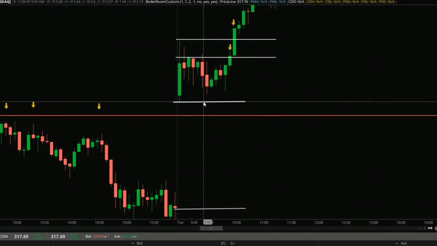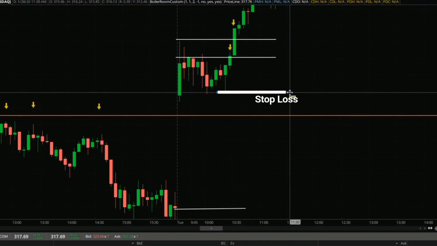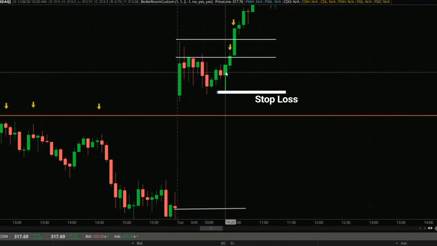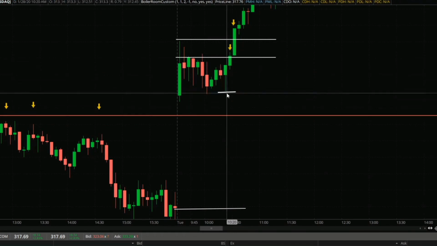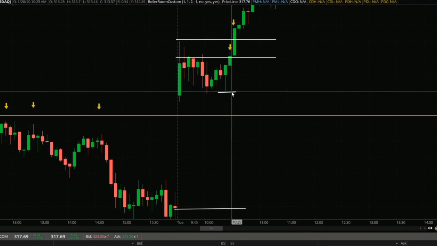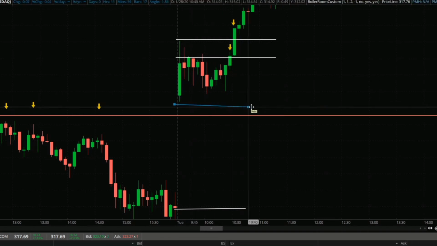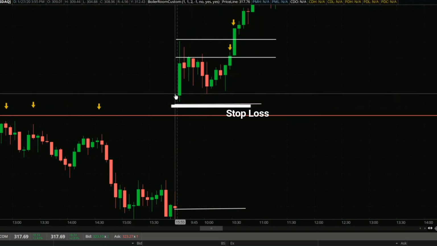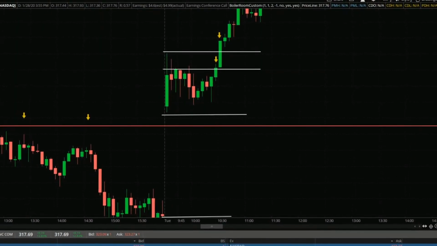Stops. Aggressive stop goes below the low of this hammer candle. It's not quite a hammer, but the tail is showing us rejection. So an aggressive stop will go here. A conservative stop will go below the low of the day, which is here. So if I was to trade this,